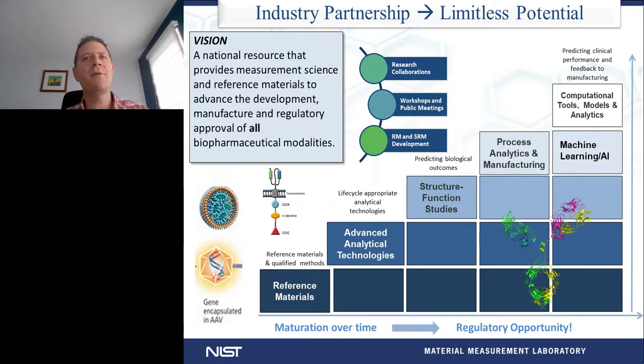So sort of a conclusion on NIST's current and future state. Obviously, we've done a lot of work with monoclonal antibodies over the past 8 or 9 years. Glycosylation analysis, mass spectral libraries, you name it, there's been a lot of measurements done to support the biopharmaceutical, specifically monoclonal antibody field, going from reference materials and now all the way up into the process analytics in the upper right-hand side. And with that, we'd like to continue to look at other modalities.